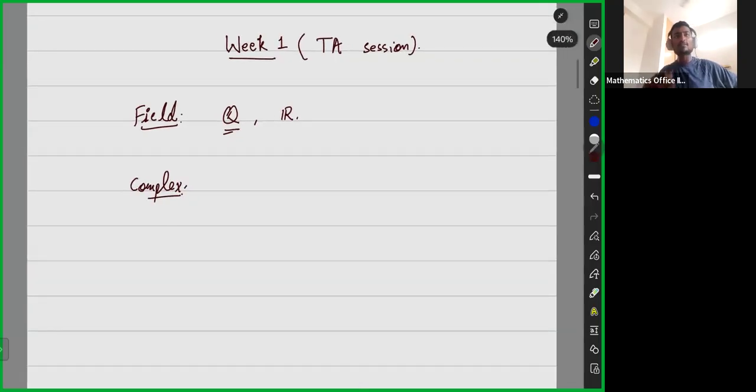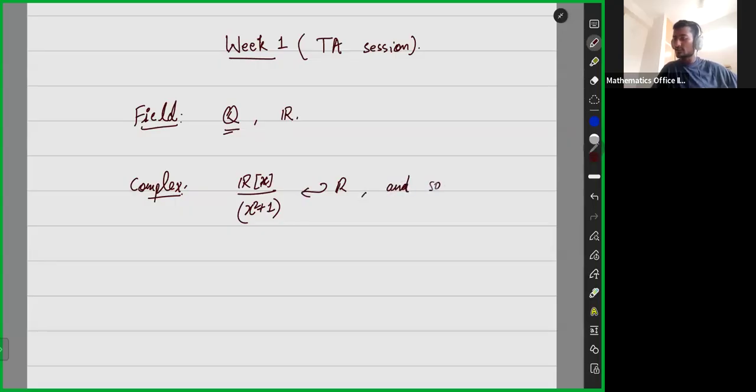As a vector space over real numbers, one way, and this was defined like R[x] modulo x square plus 1. Okay? And this was proved to be a field and it contains R and